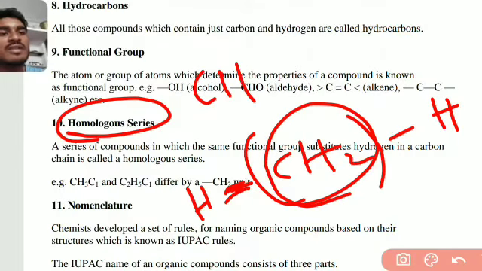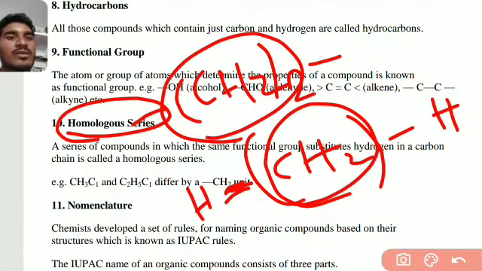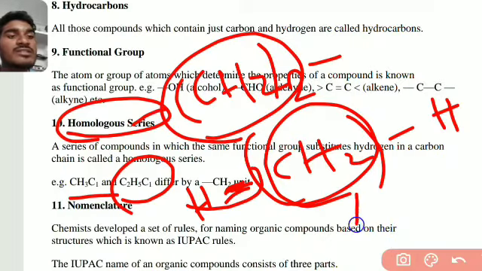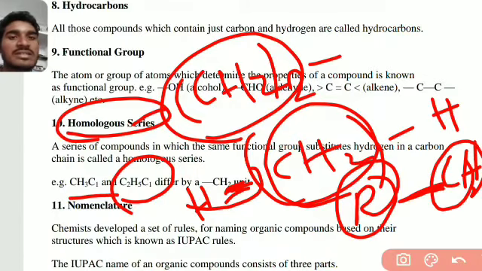For example, ethylene, CH2 taken 2. This is also one unit. Okay, example, alkynes are all included in this homologous series. Example, CH3 C1 and ethyl C1, and here one extra carbon is an alkyl group. Whatever different group with carbon CH2 units, we call a homologous series, meaning same series.